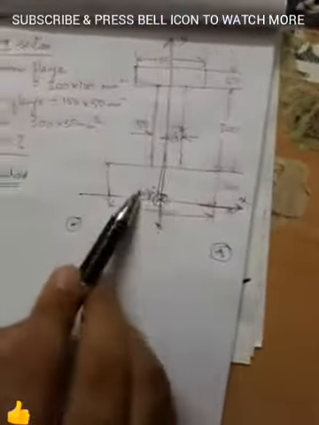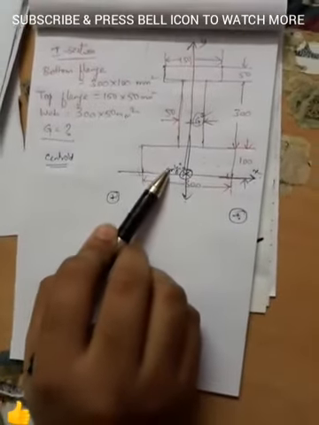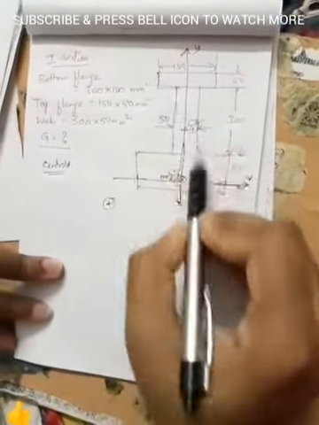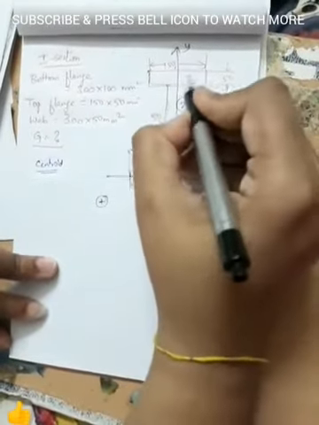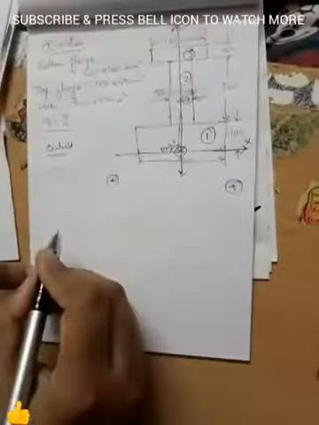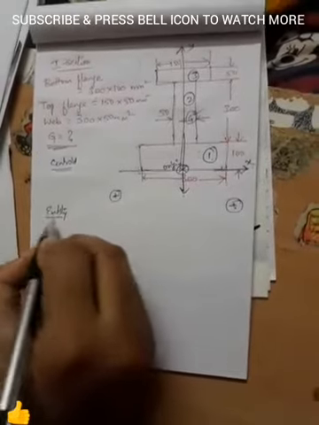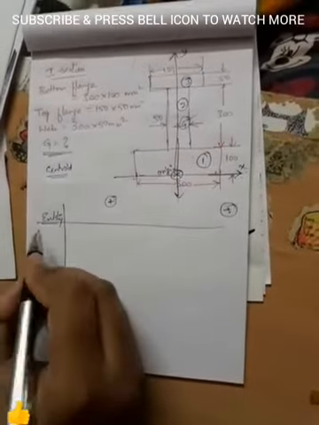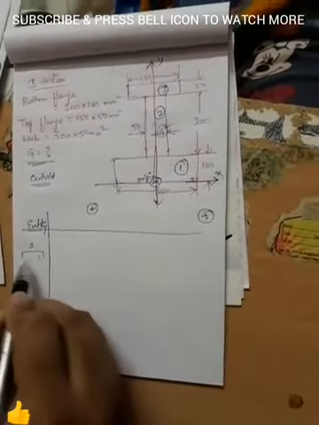Now what shall we do? This particular object can be divided into discrete areas. What are the discrete areas? This is one rectangle, this is a second rectangle, this is a third rectangle. Let me name them 1, 2 and 3. Now let us find out the centroidal location of the given object. Let me make it clear in a table. I am considering entity number 1, which is this.